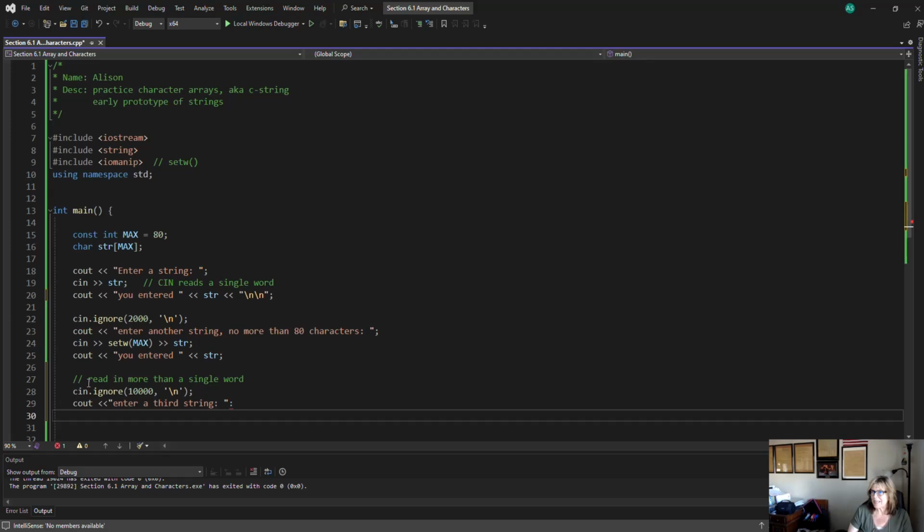And this time, instead of using just cin, we're going to use cin.get. cin.get is a function that's available to C strings. It requires two parameters. The first one is the variable that you want to put it in, and the second one is the number of characters that you want to read. We have this handy constant available, so this one is going to read in up to 80 characters long,